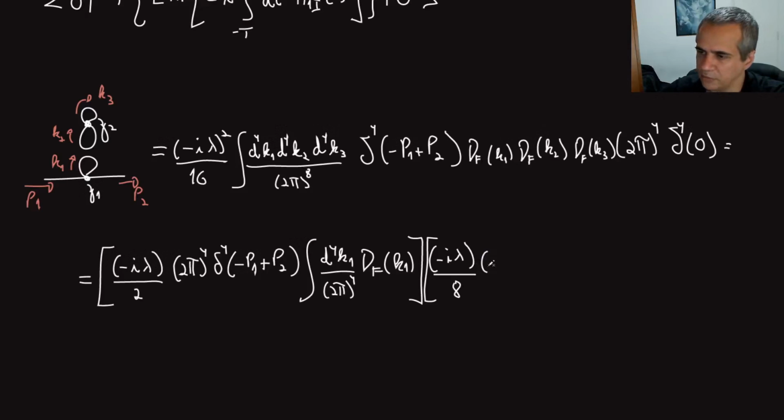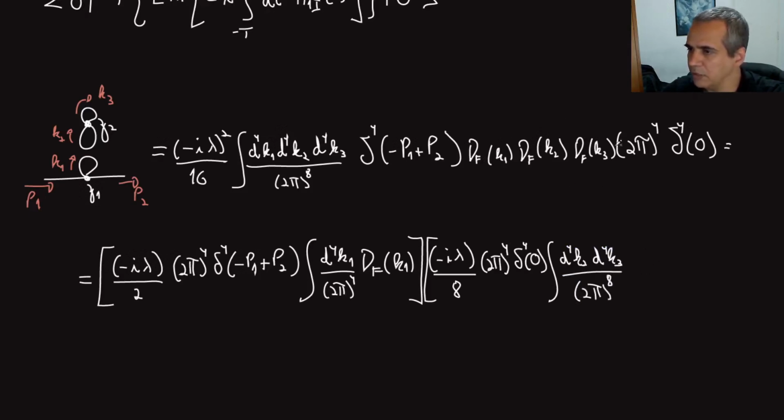This thing, (2π)^4 δ^4(0), right? And the leftover integrals, d^4k2, d^4k3 over (2π)^8, and propagators,